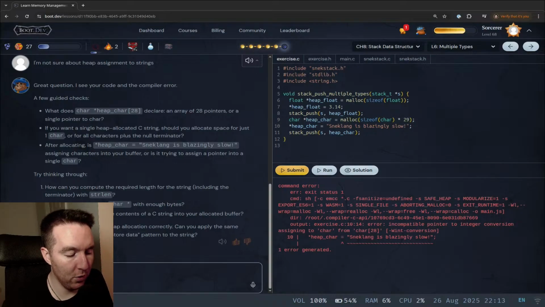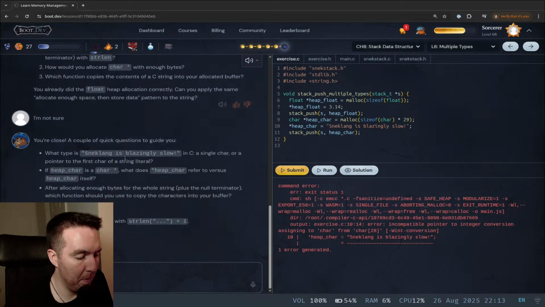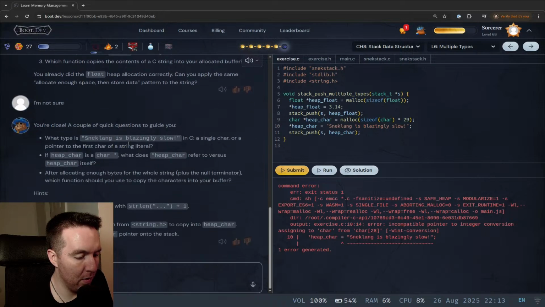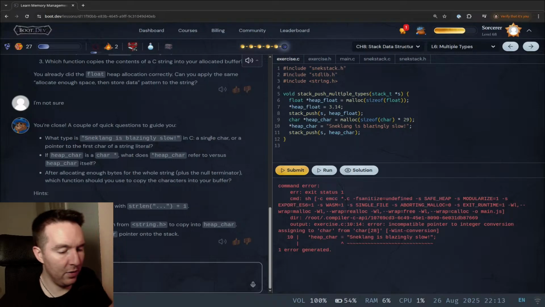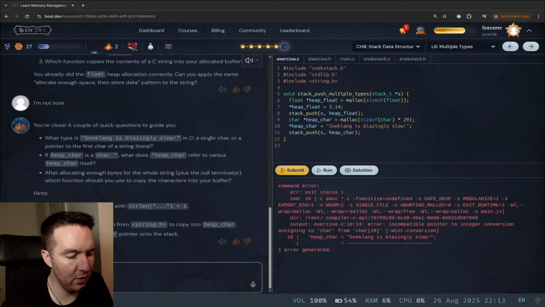I'm not sure. A single character or a pointer. So in C, it's a pointer to the first character in the string literal. If heap char is a char, what does heap char refer to versus heap char itself? After allocating enough bytes for the whole string,